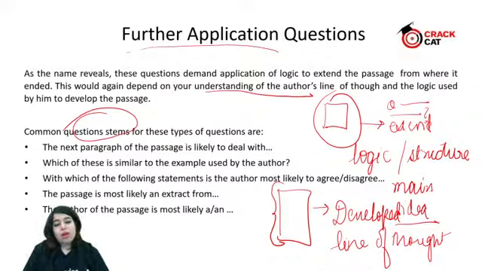For this kind of question, we'll have to look at the tone of the author. We'll have to look at the structure of the passage. For example, an option is given for a book review. Now, if we don't know the structure of a particular book review, we won't know whether we'll be able to mark the correct answer or not. So this is the thing that we really need to prepare ourselves for in advance.